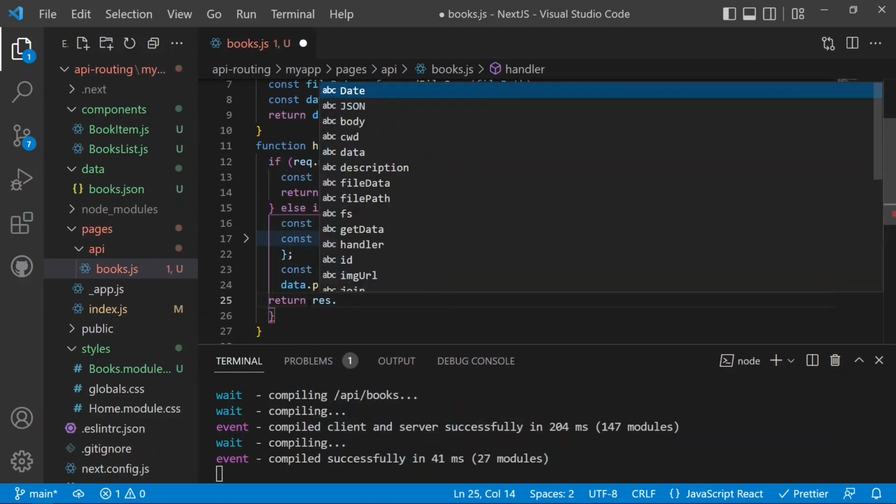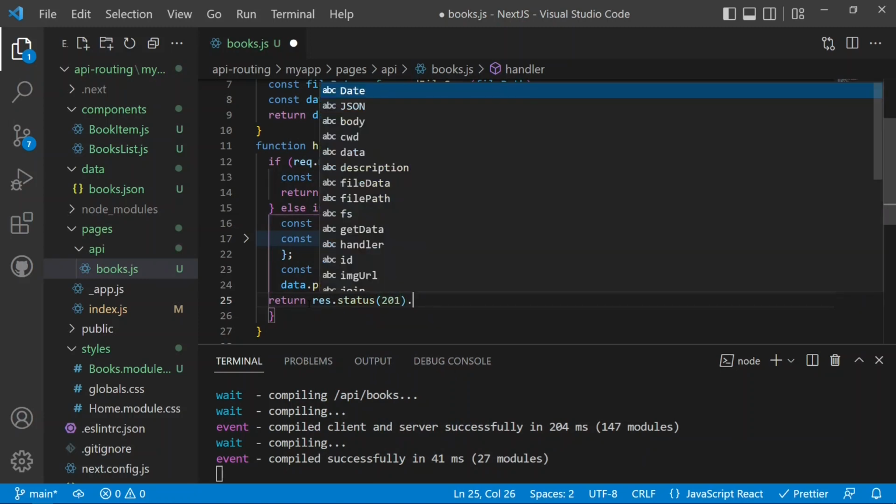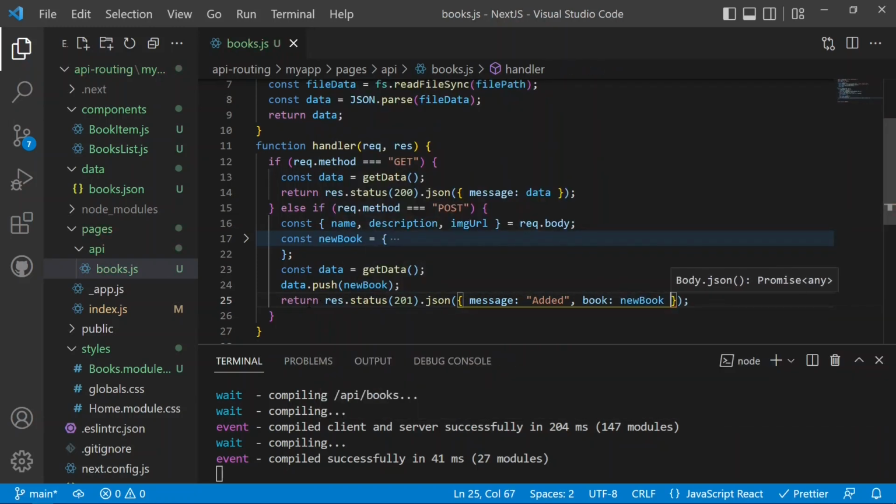Return response.status equal to 201, which is created, and after that we can have a JSON message. The message can be "added", and then we can have the newly created book, which will be equal to the new book that we have just created. So now we are sending two things inside the JSON: the message, and the new book, which is the newly created book. So if we now save,